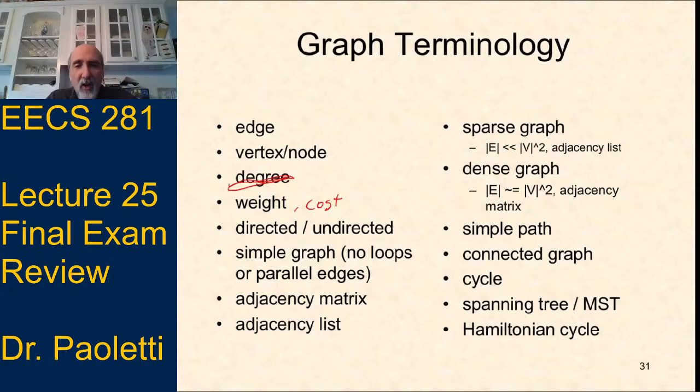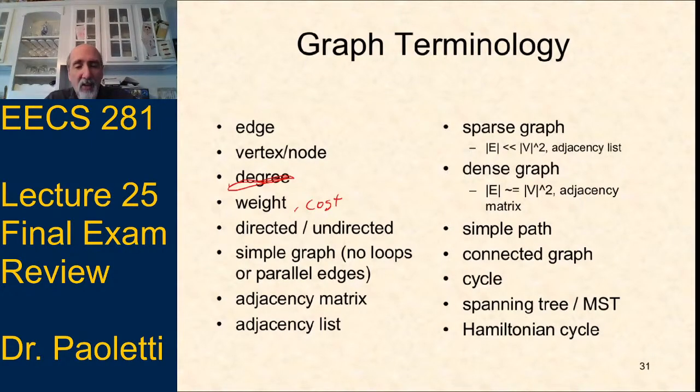We could have directed or undirected graphs. Unless we say that loops, meaning self loops where a node connects to itself, or parallel edges are allowed, you can assume they are not allowed. So unless we say otherwise, you can assume it's a simple graph. There are no self loops and no parallel edges. There's never two ways to get from A to B directly, and never a way to get from A to A directly. Indirectly, well, that could happen. It's a graph.